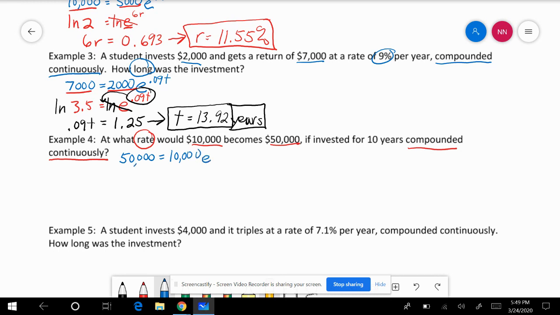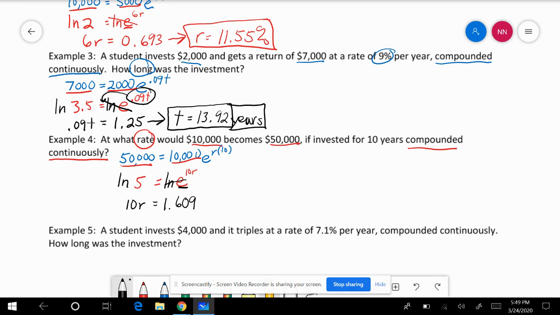We're using our PERT formula, so E to the R, and we're timesing that by 10. 50,000 divided by 10,000 is going to give us 5. Once again, we have to get rid of the E, and if we do the natural log on both sides, natural log of E becomes 1, so we're left with 10R is equal to the natural log of 5. The natural log of 5 is